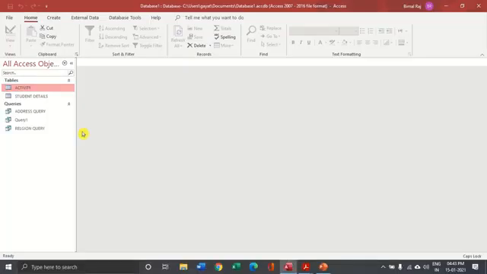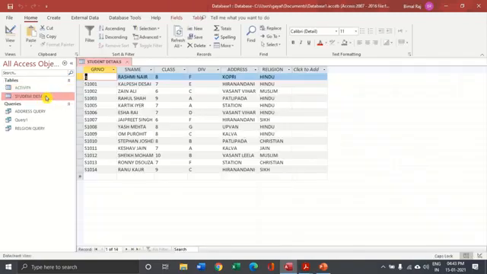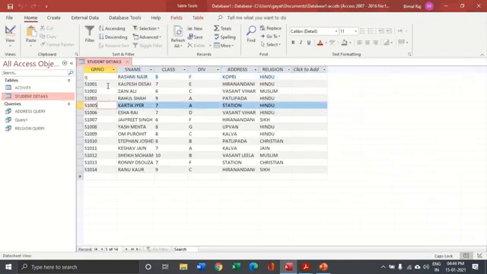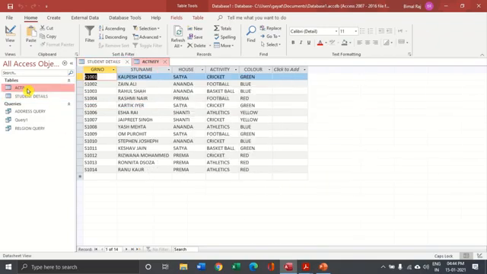So in our last class, we had learned how to create very simple queries using a single table. In today's class, we are going to learn how to use multiple tables and create queries. For example, I have got two tables here, student details, which contains the GR number, name, and all other details of the students. In my activity table, I have got the same GR numbers, but with the house details, activity details, and the color of the uniform. Now suppose I want to create queries whereby I want certain fields from the activity table and certain fields from the student details table.